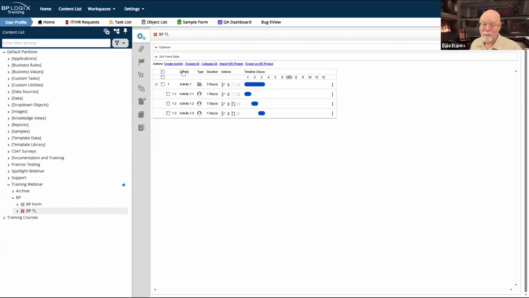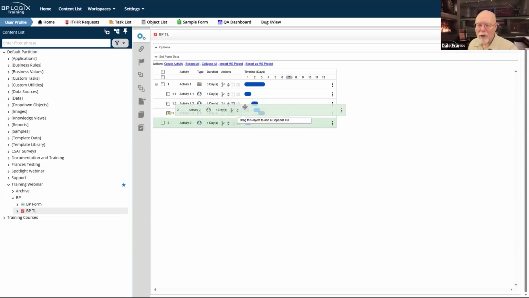Now, I did mention a final disposition notification. So two things. Now that I have a parent activity, when I want to set up dependencies, what I generally don't want to do is make activity 2 here dependent on activity 1.3. Instead, if I'm going to set the dependency for this activity, I'm going to want to take a subsequent activity and make it dependent on my parent activity.